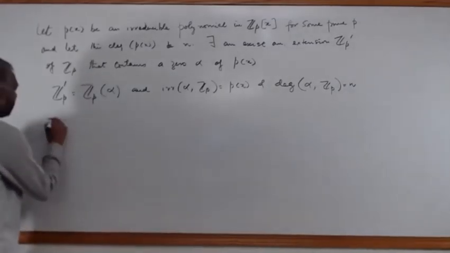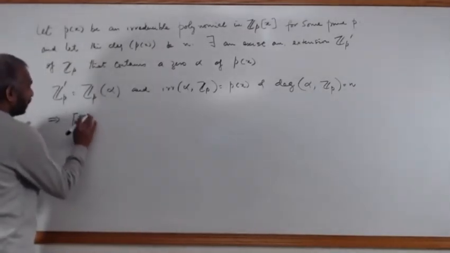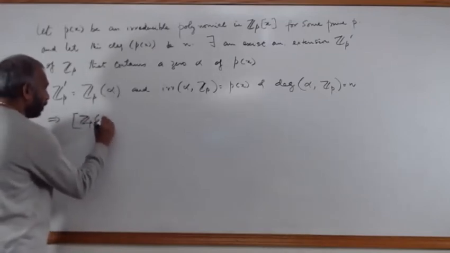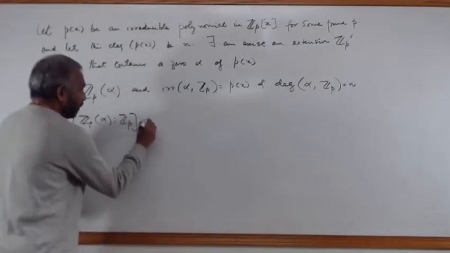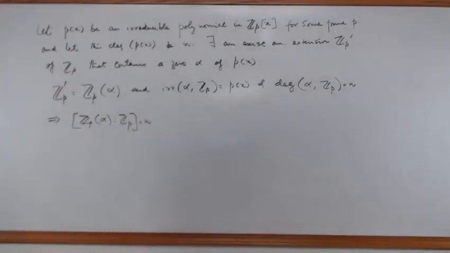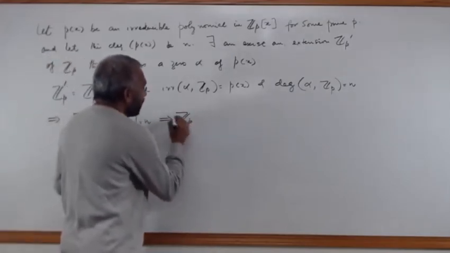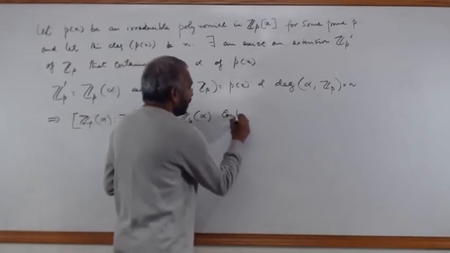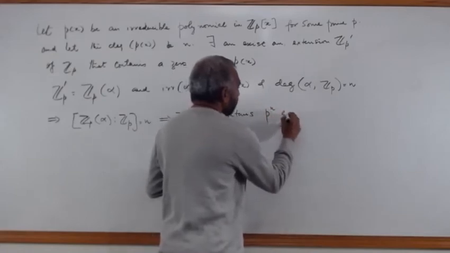That means the degree of Zp of alpha over Zp is equal to n. And that implies Zp of alpha contains p to the power of n elements,